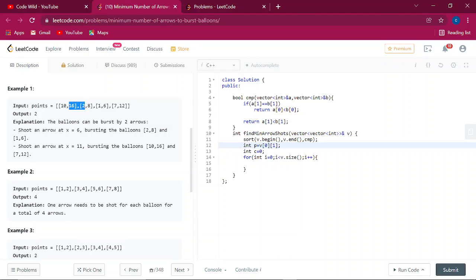So what we say is if v of i comma 0 is less than or equal to p, then just continue, because we know that then you just need a single arrow, right? You just need a single arrow to burst both the values if p is greater than the next first value.